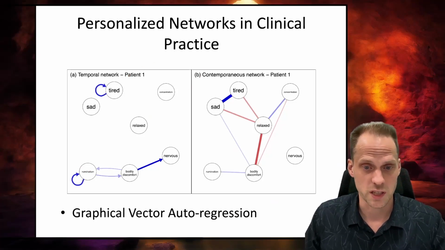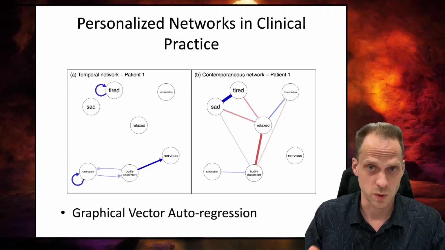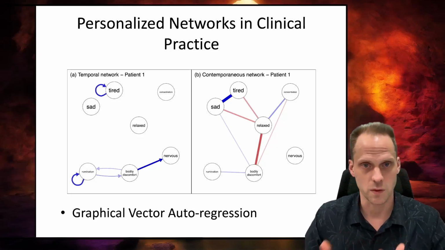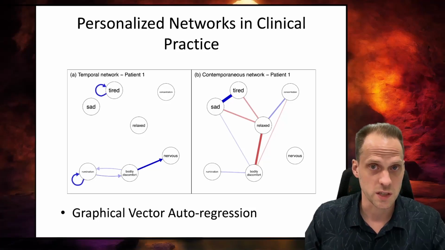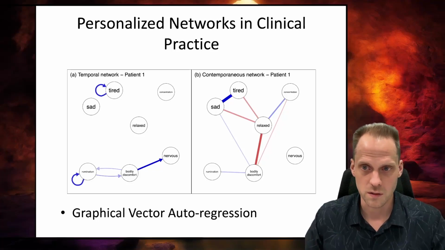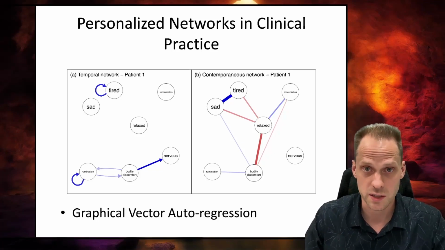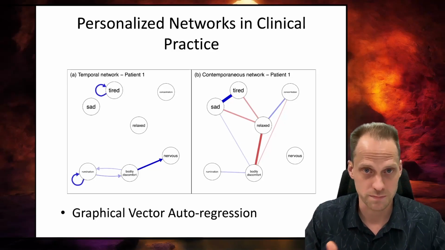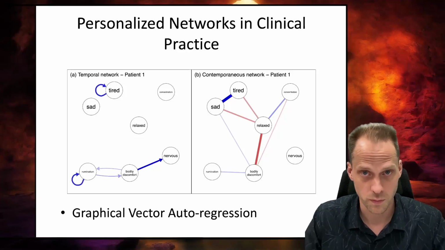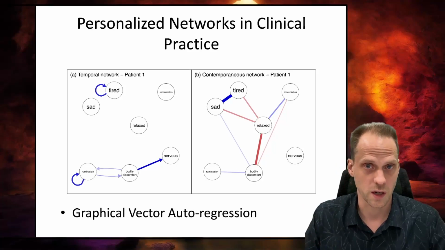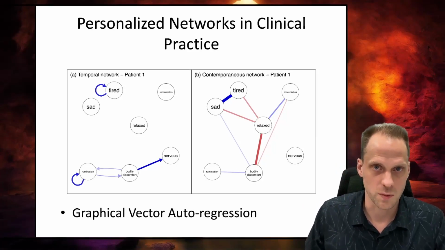The way this model is estimated uses the graphicalVAR package, and the method is actually very similar to the EBICglasso, in that it uses regularization together with extended BIC model selection. It's similar to what you saw in the cross-sectional network analysis. And usually the logic of how you can estimate models transfers to these types of models as well. So that's one way to do it. You can also use model selection or thresholding, other ways to get a similar network structure.